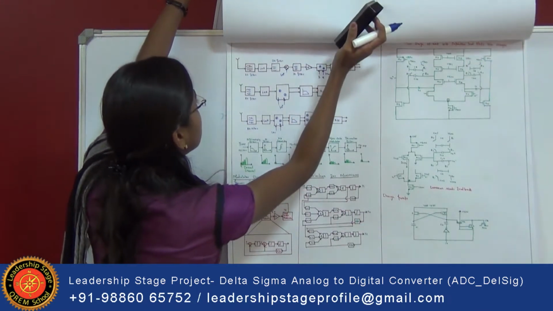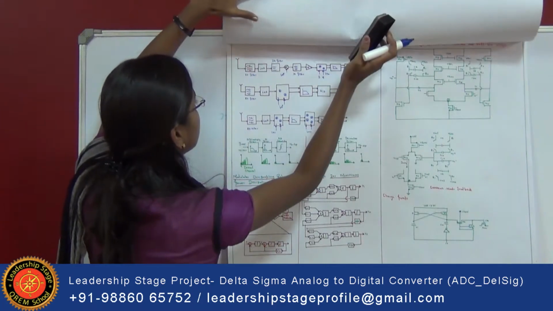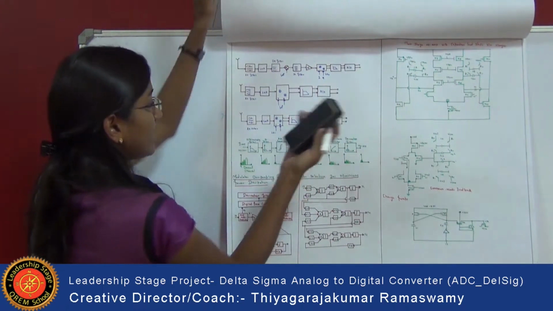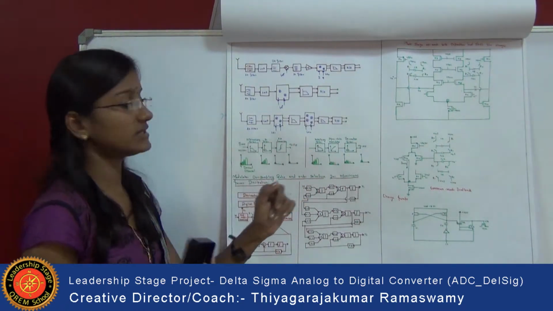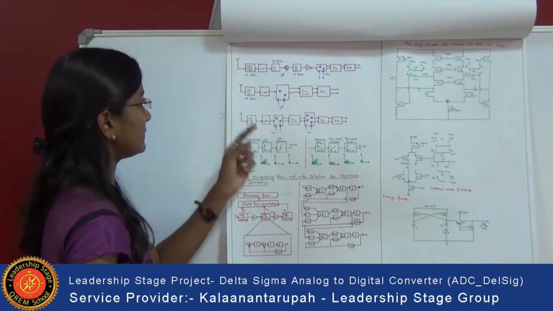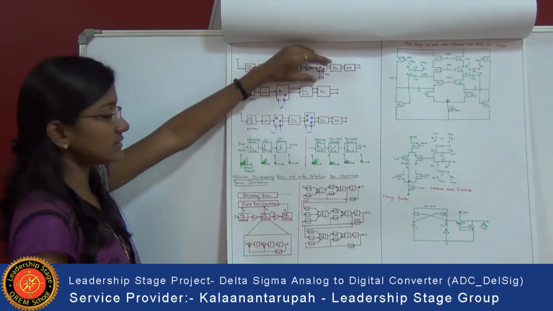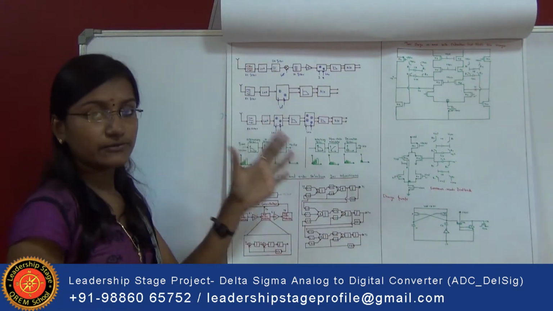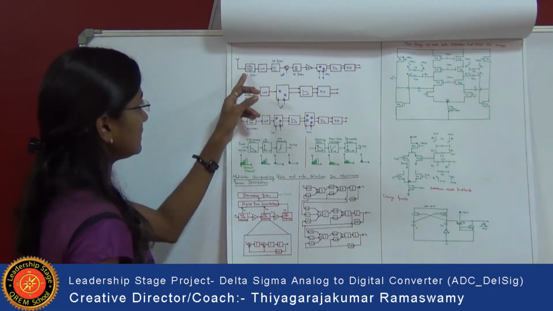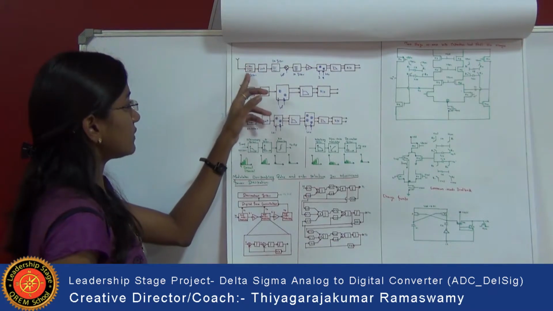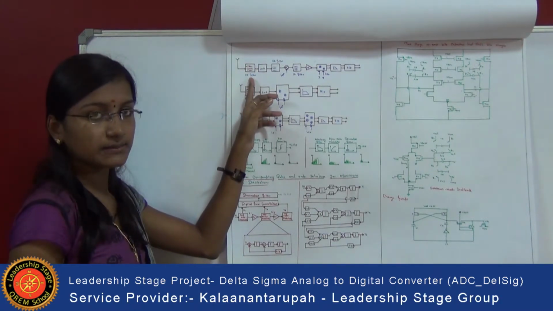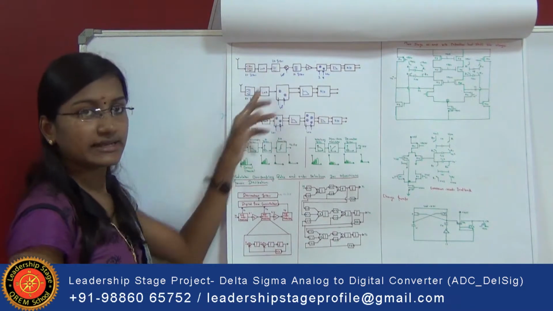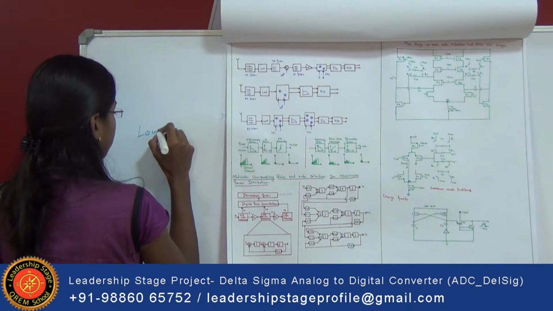Next, in this RF application, we are going to see super heterodyne, direct conversion and wideband IF conversion. The super heterodyne conversion is a slow process, but direct conversion and wideband IF conversion are very fast processes. In the super heterodyne process, we pass the analog signals to the RF filter. The RF filter filters the radio frequency band and passes it to the LNA. LNA is nothing but a low noise amplifier.